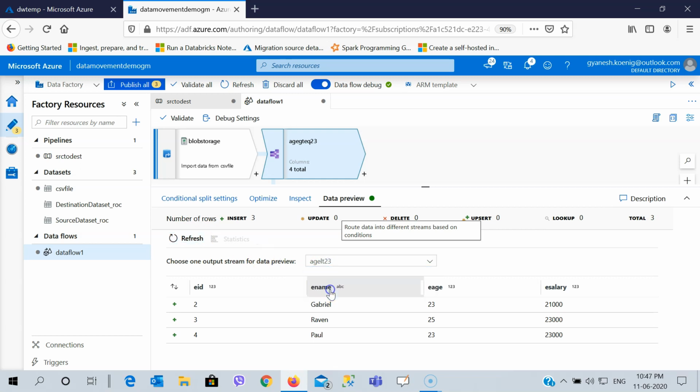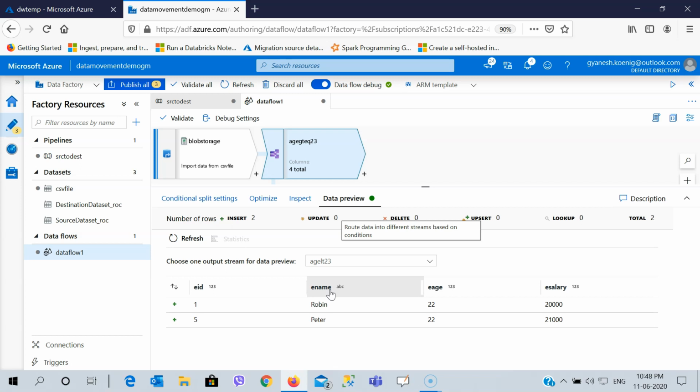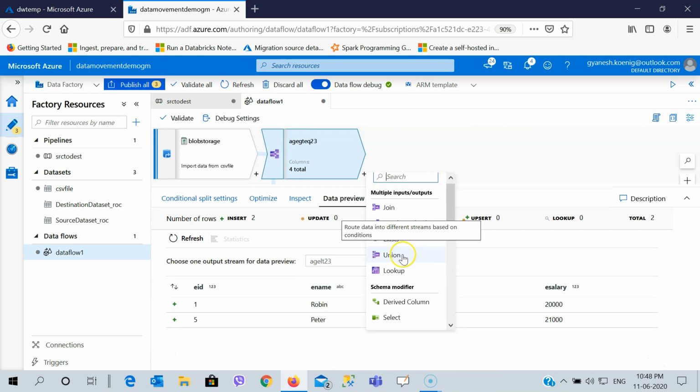Likewise, I have another conditional split where I want to show the data where the age is less than 23, and you can see it right here.